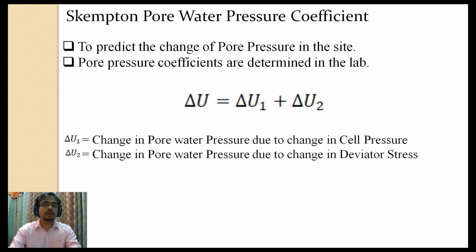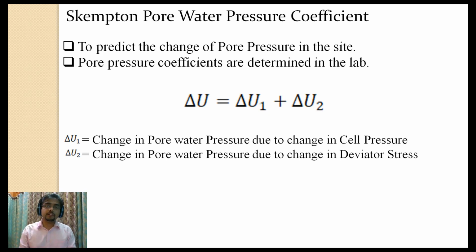Clear? Now, we have already told you that the excess water pressure can be determined in the laboratory by some simple apparatus. And if the excess water pressure is known, then we can also find out the hydrostatic water pressure, so we can find out the total water pressure itself. So we can find out the effective stress also. In the lab, we can find out the change in excess water pressure, not the total amount of excess water pressure.